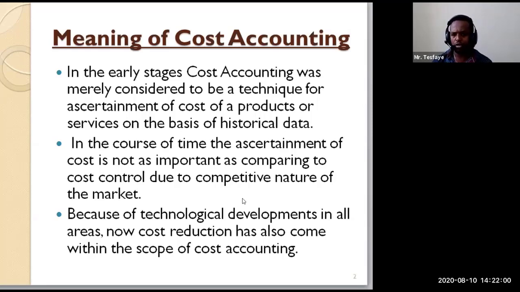But now, because of technology developments in all areas, cost reduction has also come within the scope of cost accounting. So cost accounting is not only assigning cost to our products, but previously, as you see from this PowerPoint, in the early stages, it was based only on cost assignment, but